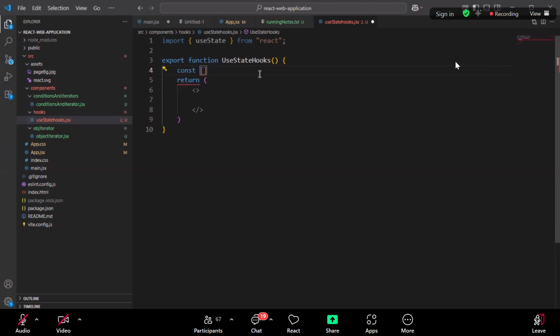An array of two values. The first value is the name of your state. I say countryName is my state variable name. I want to store country name, username, age, gender. Every individual one will become a constant with that particular variable name. And the second thing is the callback method, the method using which you will set the values. So I will say set